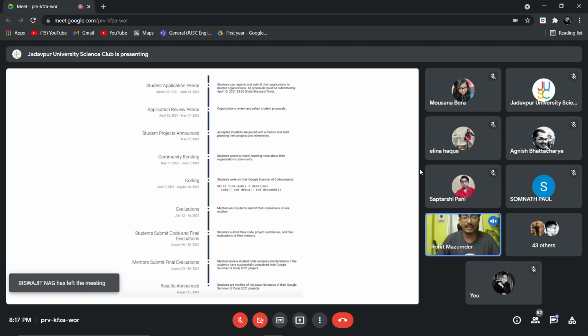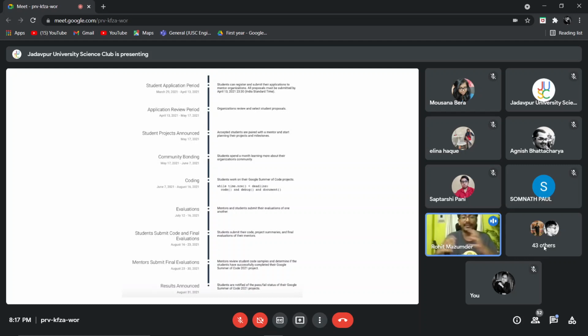And if we feel that the student's work is satisfactory, then we send Google a notification saying, hey, we like what the student is doing, and I want this student to pass the evaluation. And once the student passes the evaluation, Google is going to give a stipend to the student. And then the student is going to start coding again, and then there is going to be another evaluation. So there are multiple evaluations in the entire period, and each time you pass the evaluation, Google pays you some amount of money. So this is how the entire process happens.